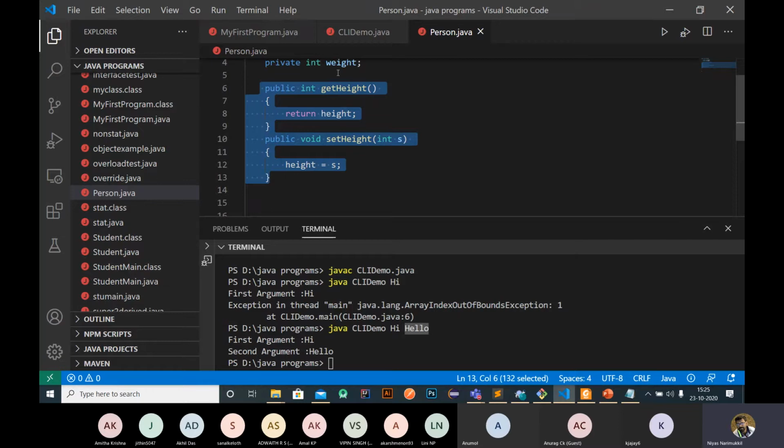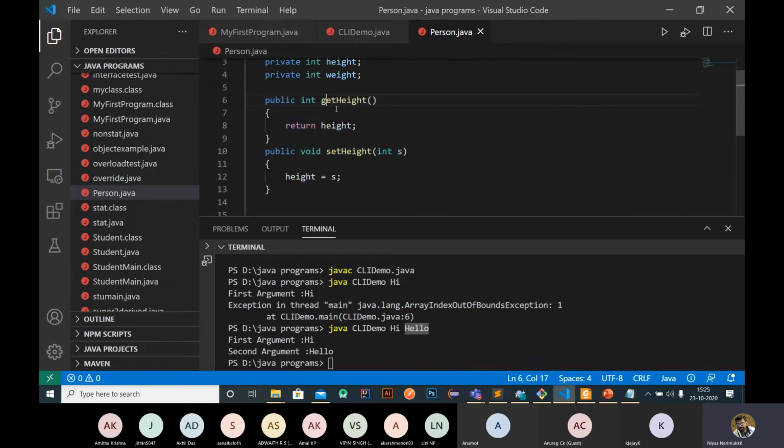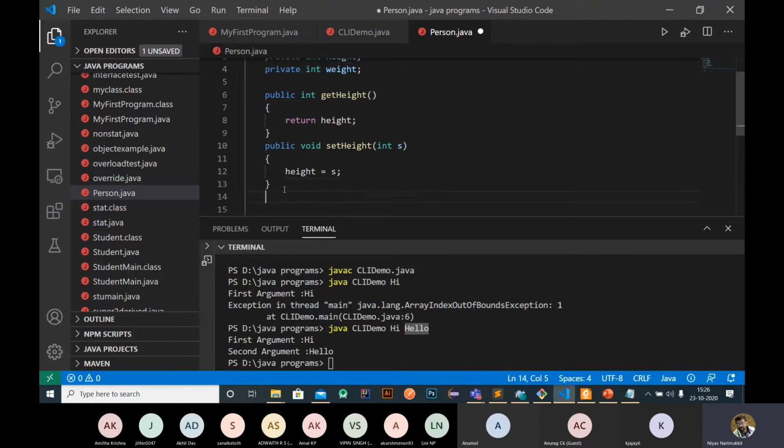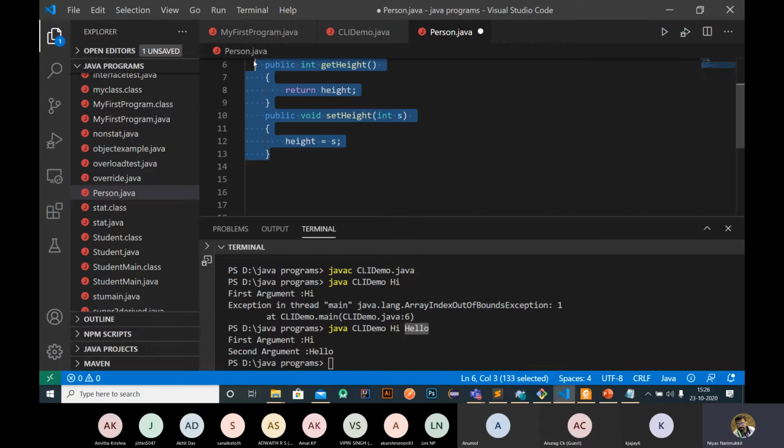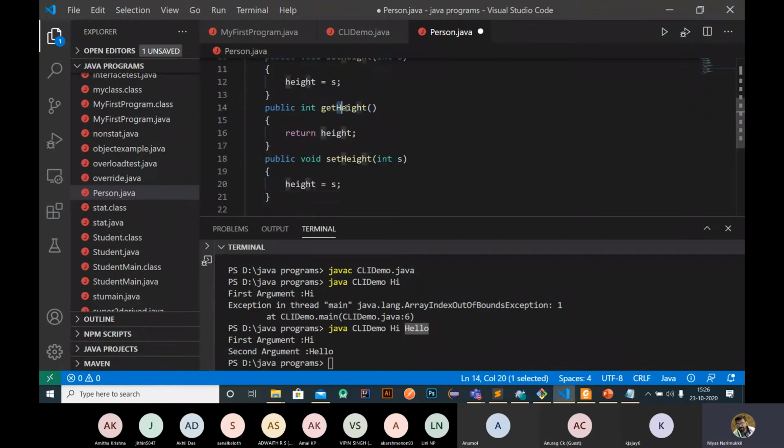Okay, so in this case we added the setters and getters for height. Similarly, we need to do this for weight also. Copy this and use it for weight: set weight and get weight.